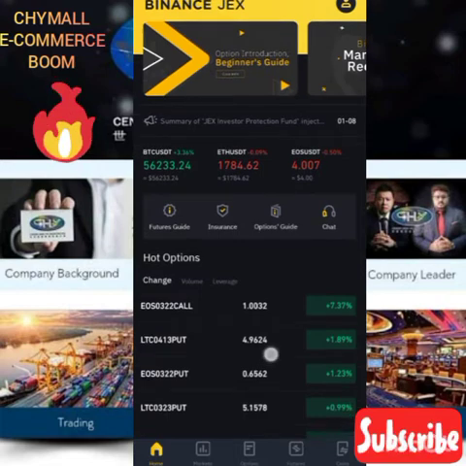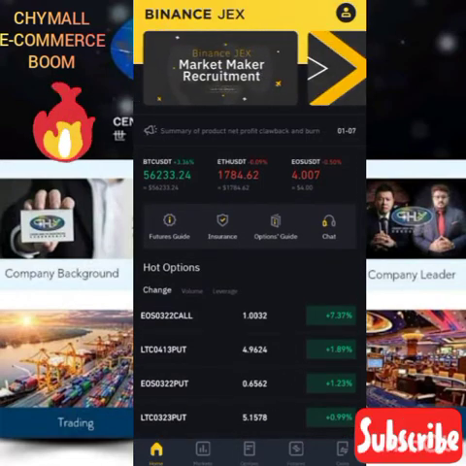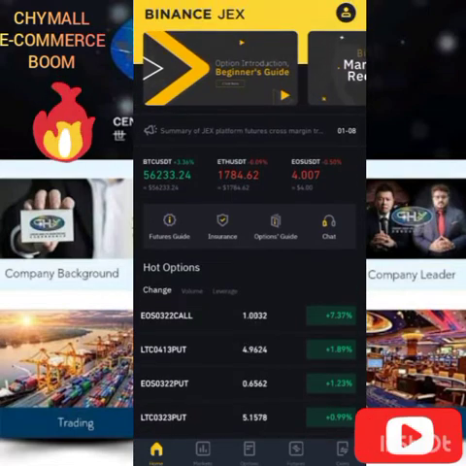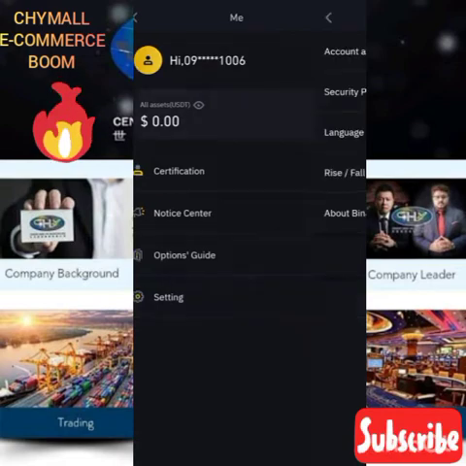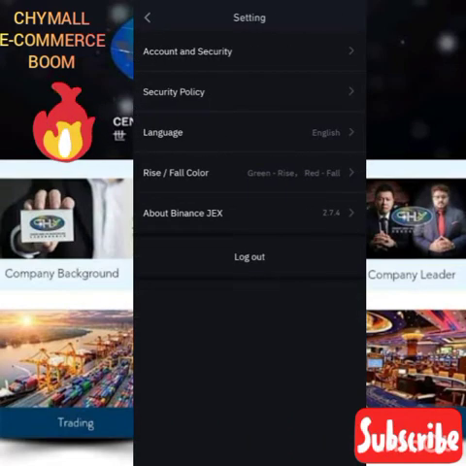So what you need to do next is, after you have inserted your phone number, the verification code has been sent to you, and you have fixed it in, once it brings you back to your home page, you click on this very place, that place that shows like a contact. Then you click on settings. Now after you've clicked on settings, you click on account and security. That's the first option in the settings at the top.